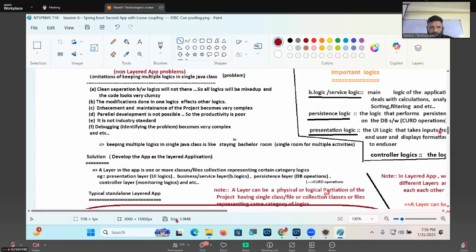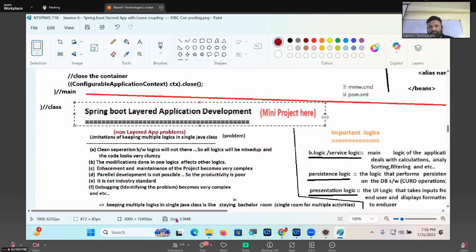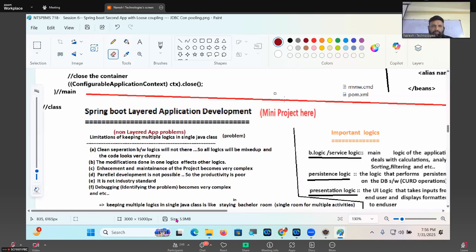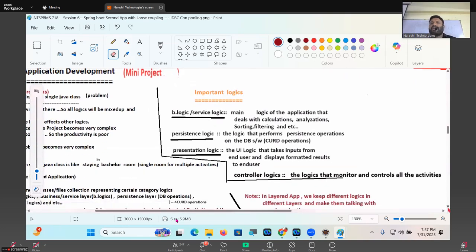Super, guys. Okay. Spring Boot layered application development. It is also called the mini project. Super, guys. First of all, just try to understand the important logics of any project, whether you develop it as